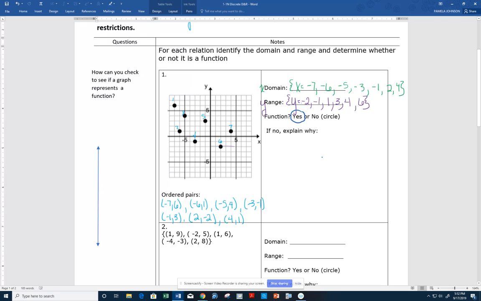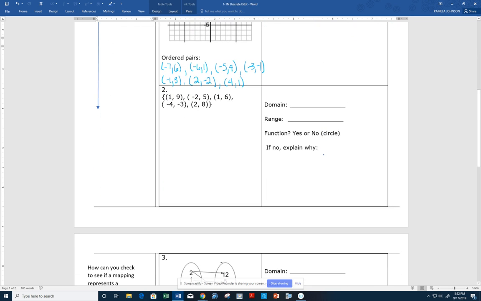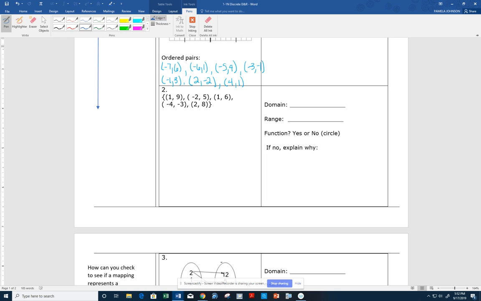Okay? So we can move on to our next one. Let's look at number 2. Now, number 2 already gives us the points. We don't have to worry about looking at a graph or anything. We have our points, okay? So let's look at